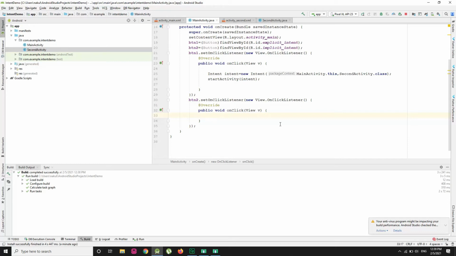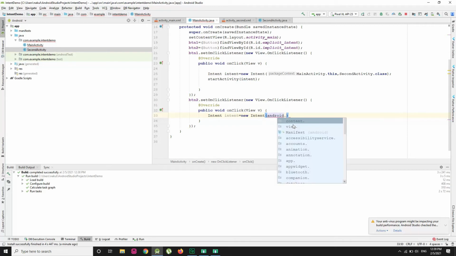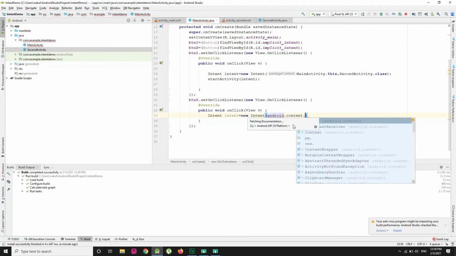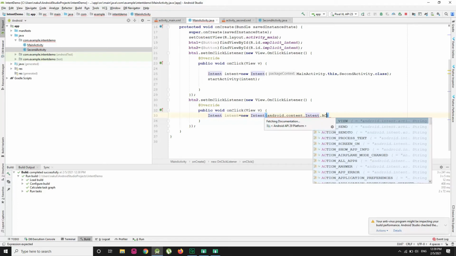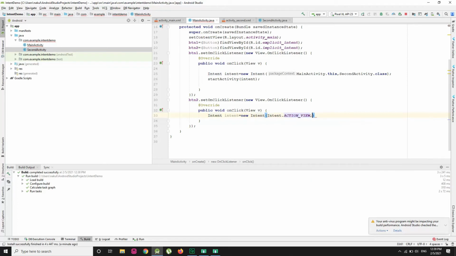a browser using a URL, www.google.co.in. For that I have to use the class Intent, intent equals new Intent, and in this android dot content dot Intent dot ACTION_VIEW, and then we have Uri dot parse. If I want to parse a URL, then I have to write Uri dot parse, and in brackets we have